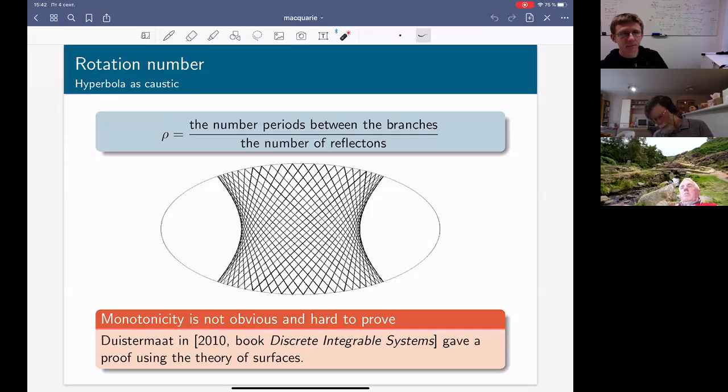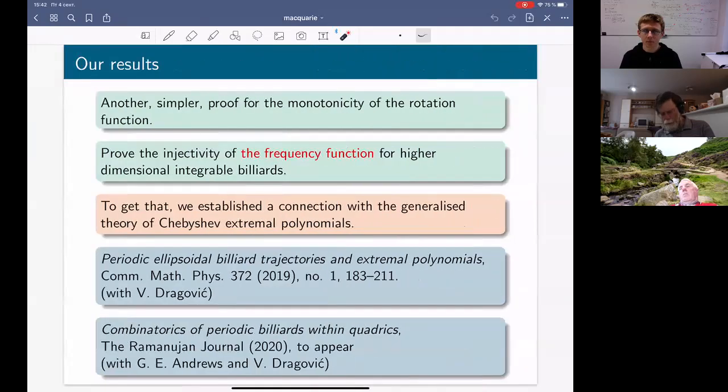of the rotation number was given by Johannes Duistermaat in his book on discrete integrable systems from 2010. And it is a very non-trivial proof using the theory of algebraic surfaces, and hard to read. I would like to say that last year I got together with Dragovic another proof of that monotonicity of the rotation number, which is in our opinion simpler, a bit more elementary, and moreover allows